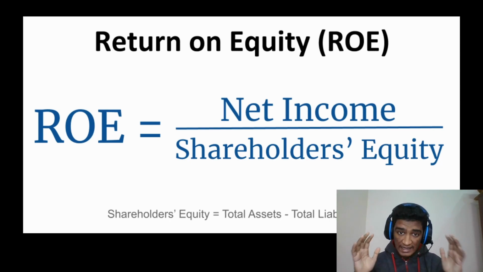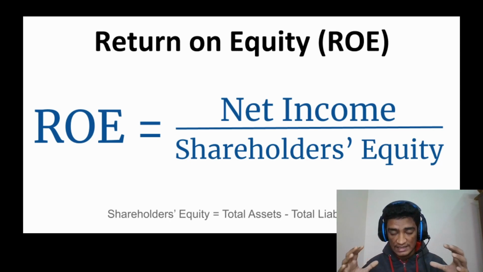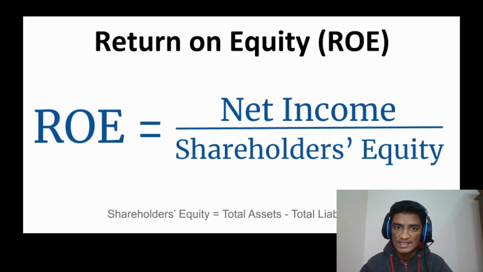What is left is what you call net income, and shareholders' equity here stands for total assets minus total liabilities. So when you look at the net income generated by a business in relation to the shareholders' equity, we get a value which we term return on equity. Simply, it shows how much income a business is able to generate in relation to its shareholders' equity. However, in this case, we are not considering how efficiently the company is able to manage its borrowing or its debt. So if a company is borrowing money, taking debts for expansion, and if we also want to include that while relating our net income, we look at a figure which is called return on capital employed.